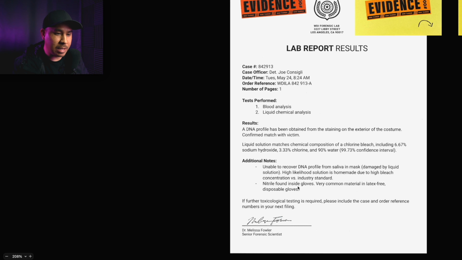Nitrile found inside gloves, very common material in latex-free disposable gloves. So someone was wearing latex-free gloves before putting on the rabbit costume gloves. If further toxicology testing is required, please include the case and order reference numbers in your next filing. Dr. Melissa Fowler.